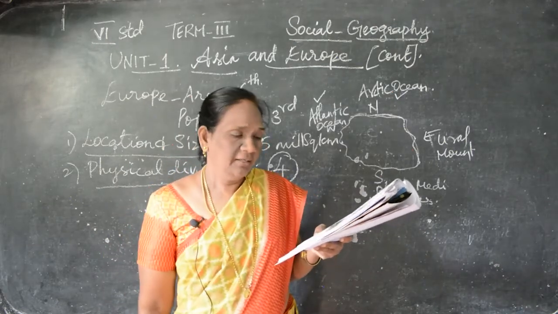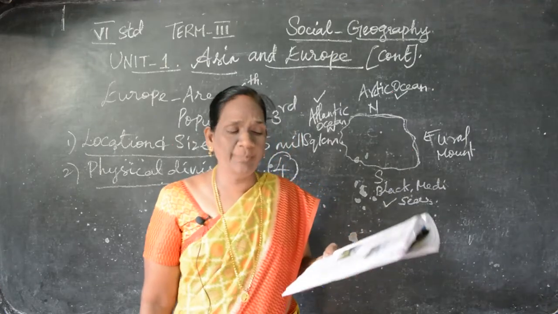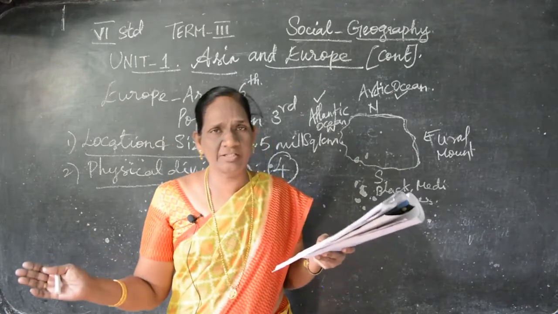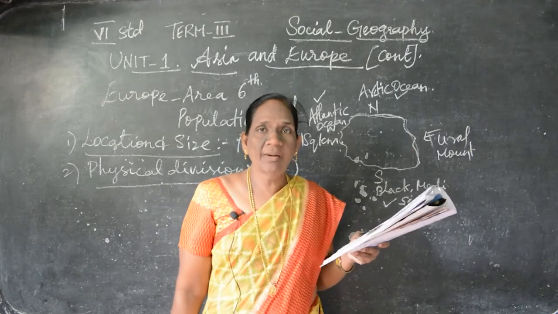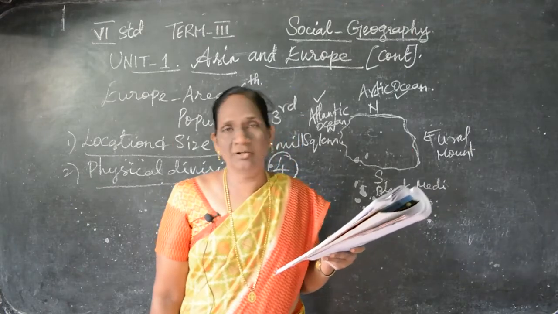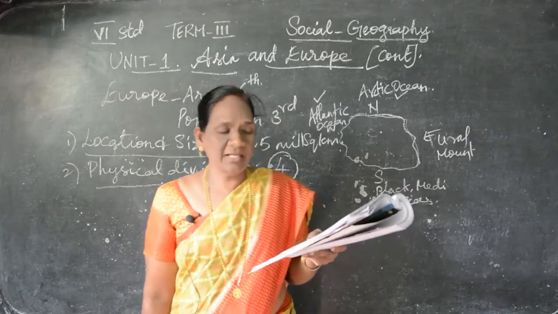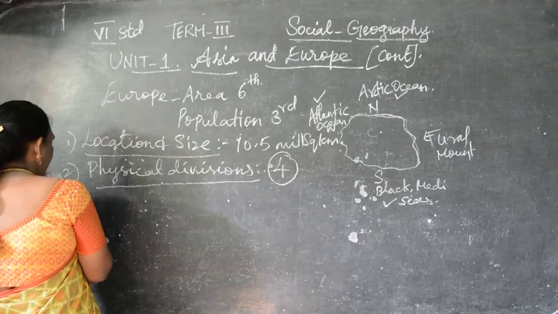Coal and iron. The North European Plain is a densely populated region. டென்ஸ்லினா என்ன, நிறைய பாப்புலேஷன் இருக்காங்க இந்த ஏரியாவில். And cities like Paris, Moscow and Berlin are located in this area only. ஓகே சில்ட்ரன், next we will go to the drainage system of Europe.